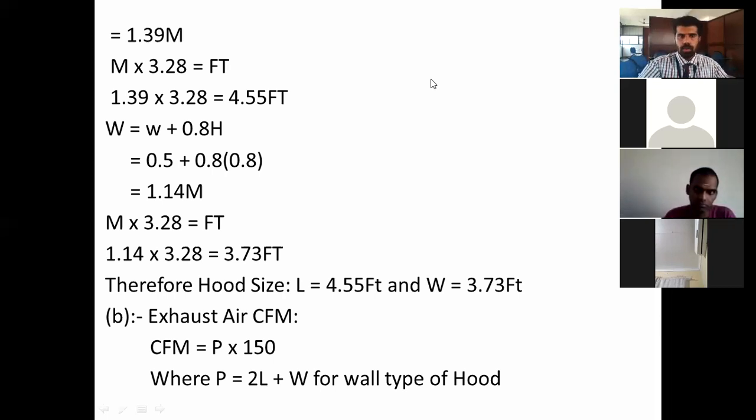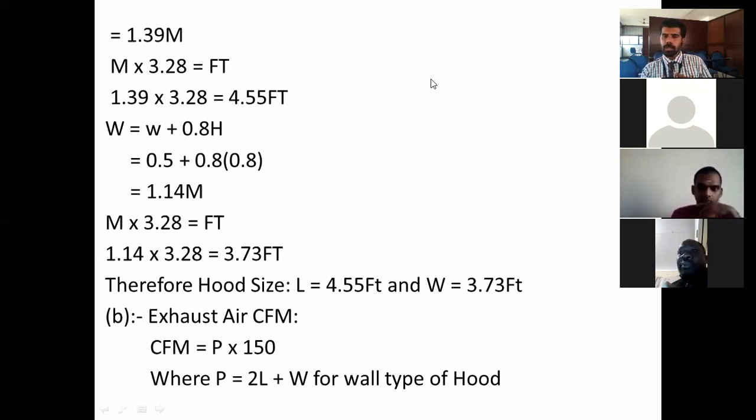Next, what we need to do, when we got the exhaust air CFM, now we have to size the duct. There are different types of duct you can use: round duct, square duct, rectangular duct. That is your wish. In the duct sizer software, you will have an option. If you want square duct, you can make square. If you want rectangular, you can make rectangular. If you want round duct, you can make round duct. Just give this value 1925 CFM and give its velocity or friction loss in that software.